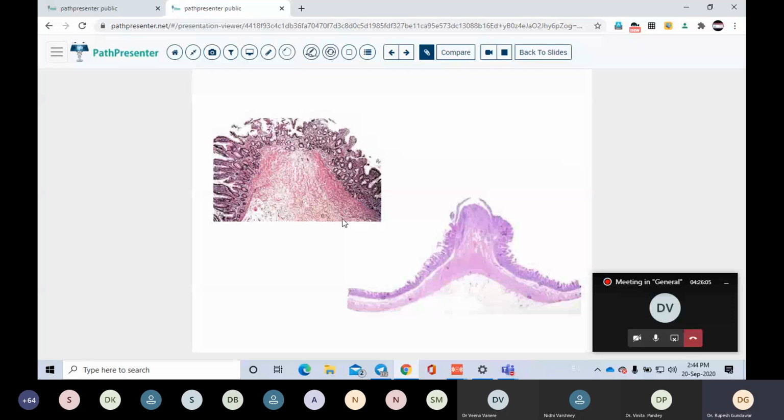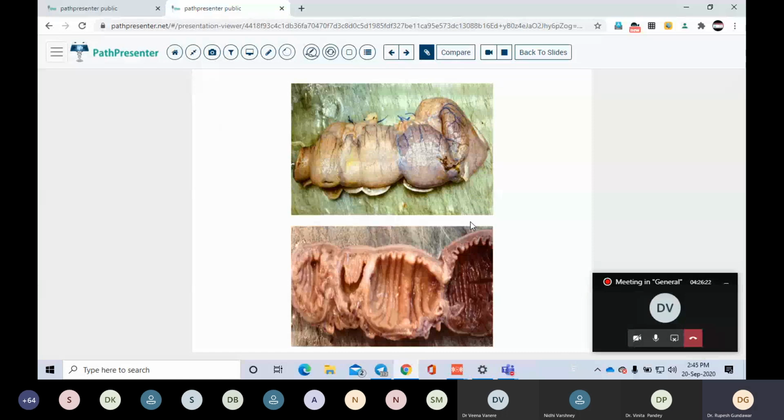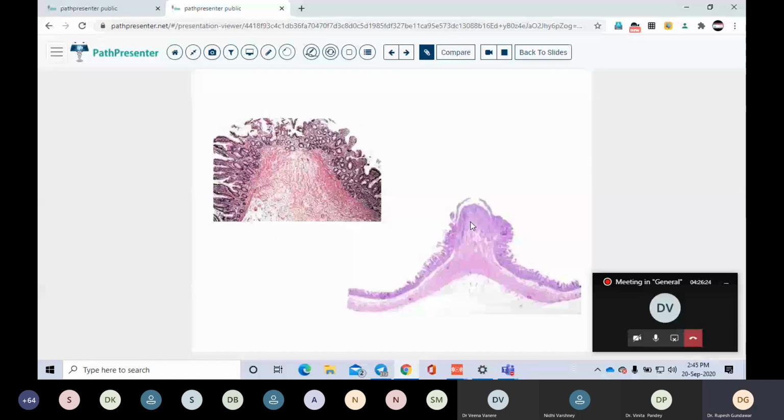The repeated scarring or repeated fibrosis will cause the elevation of mucosa over it, and this is the tip showing the mucosal ulcer. So this is like a diaphragm where the muscular layer or the lamina propria is elevated towards the mucosa, forming the bridge. This is the bridge. So this is one of the possibilities.